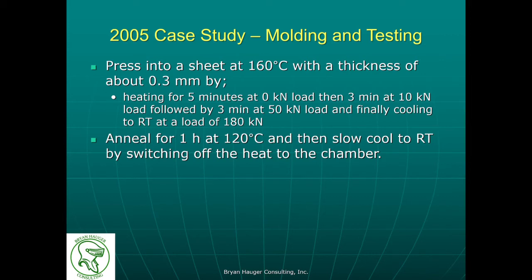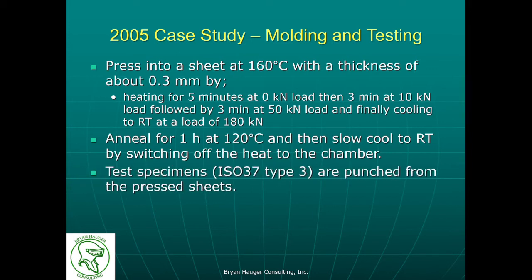Here, pellets are heated first for 5 minutes before compression, while in the ISO test method, the initial heating time is 5 to 15 minutes. In the 2005 study, they reported the use of kilonewton loads, while in the ISO test method, they specified the application of 5 megapascals of pressure. Here, the thin sheet is cooled to room temperature under load, but in the ISO test method, they allow you to remove the load at any temperature so long as it's below 40 degrees Celsius. But in both test